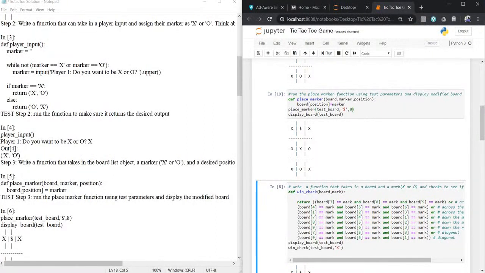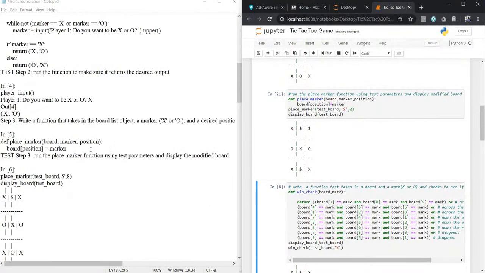For example, if I change this to 9, now 8 is already filled with $, and 9 is also filled with $. Let's suppose now 2. So here is 1, 2. 1 is already filled, 8 and 9 are already filled with $. Now 2 is also filled with $.